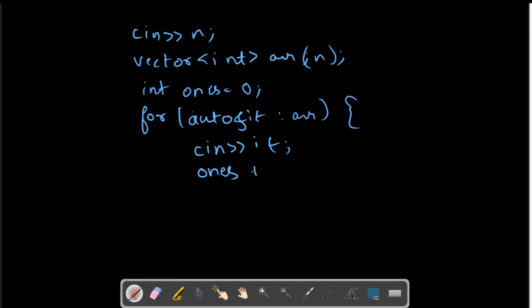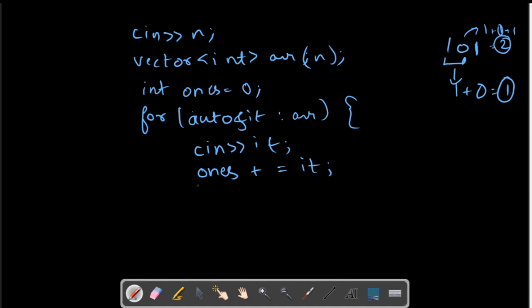For counting the number of ones, I can simply add it, because we know we have 1 and 0 only. Suppose we have 1 then plus 0, so we have the number of ones as 1, and if there was one more, it will be 1 plus 0 plus 1, 2. So we are simply counting the number of ones.